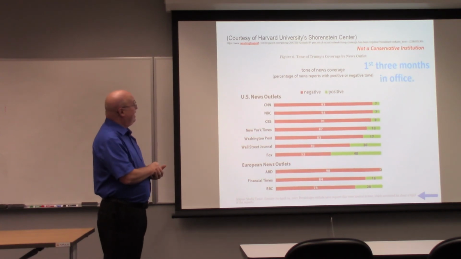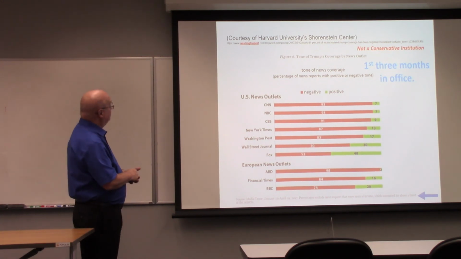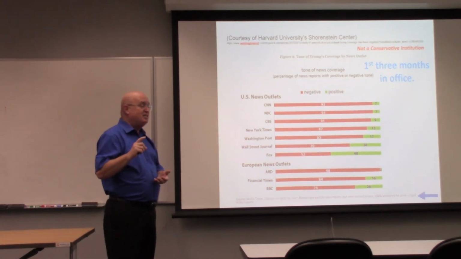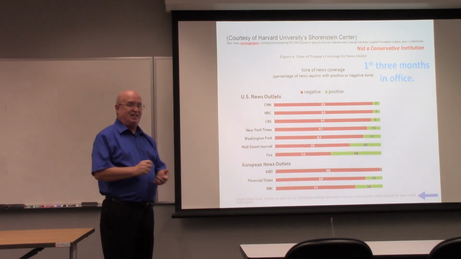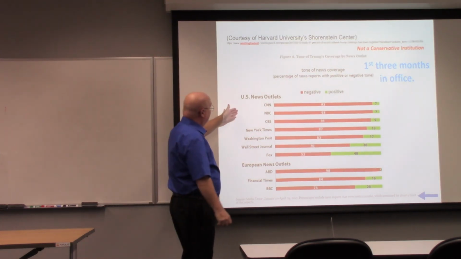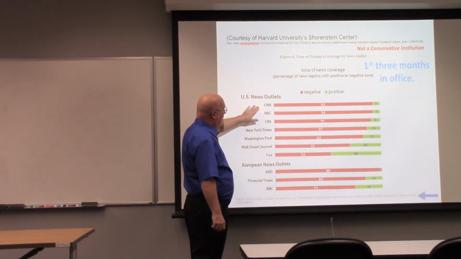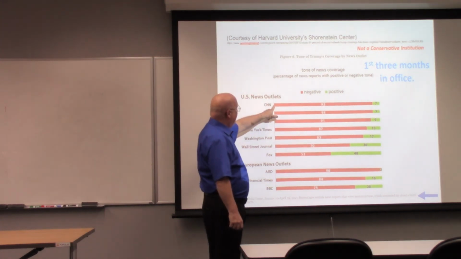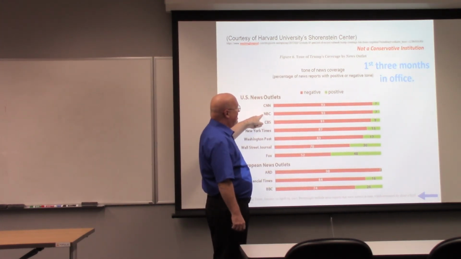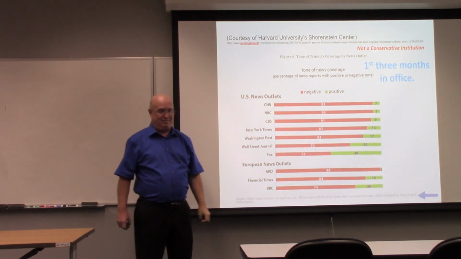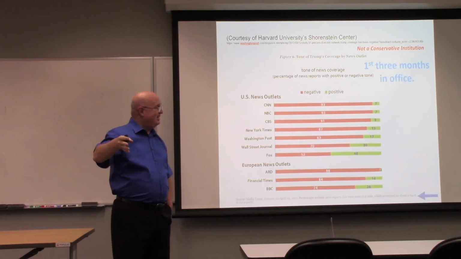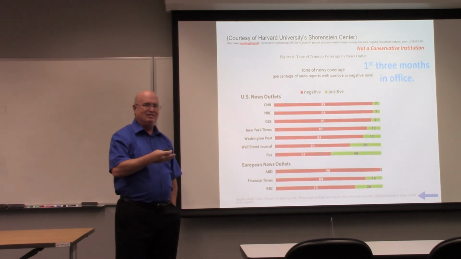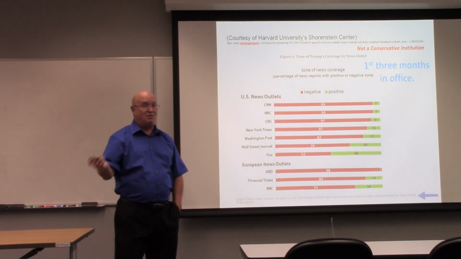Now here is the first 3 months that Trump was in office. This was done by the Washington Post, which is not in any way, stretch, or form conservative. Okay? But their coverage showed that in the first 3 months, 93% of CNN and NBC coverage was negative. Okay? Now I'm not sure about you guys, but statistically, it's literally impossible to do only 7% good things over a 3-month period.